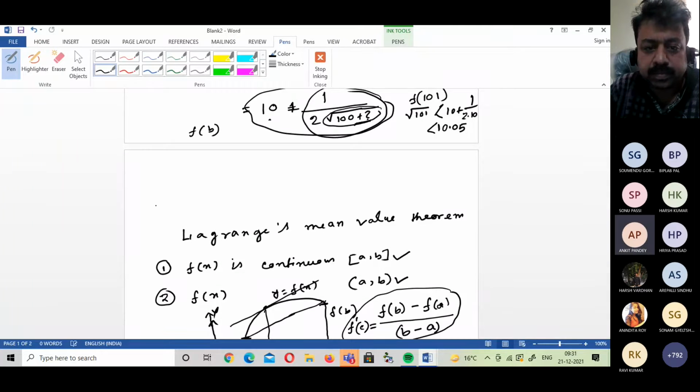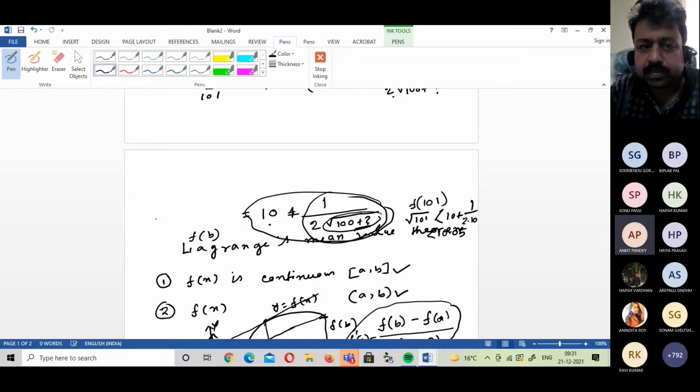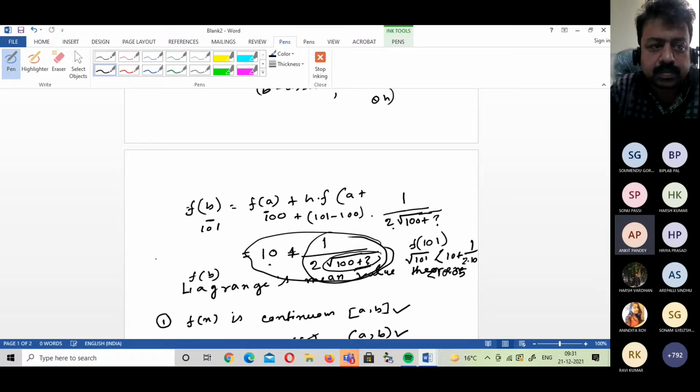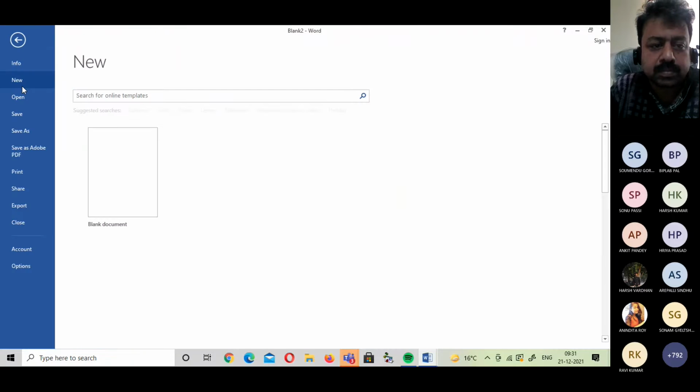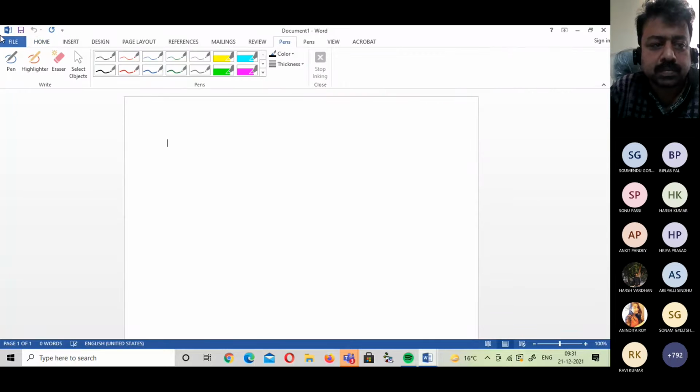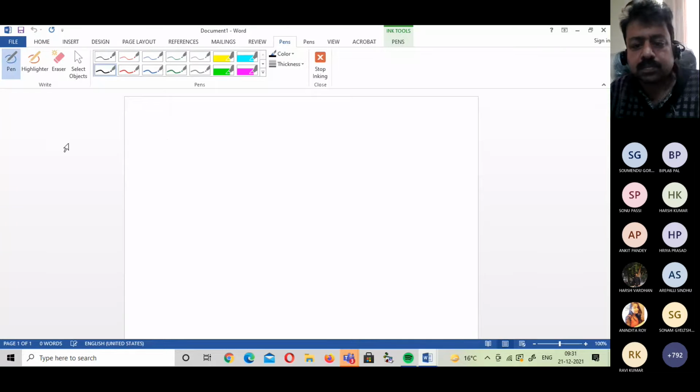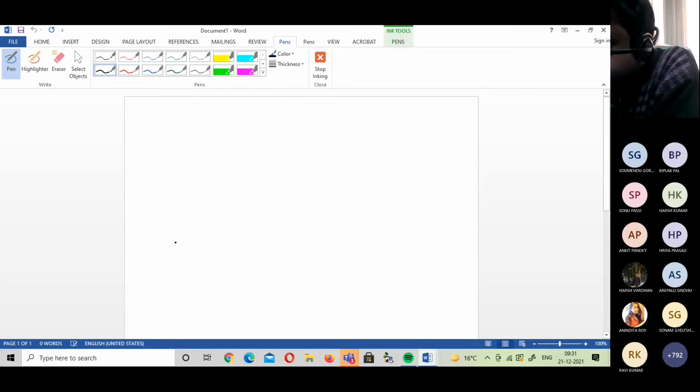Sir, is there a problem like comparison only in this concept? In the proof of the mean value theorem, we have chosen phi a equals phi b. Why? Yes, good question. First of all, I am giving your answer: phi x you have considered as f(x)